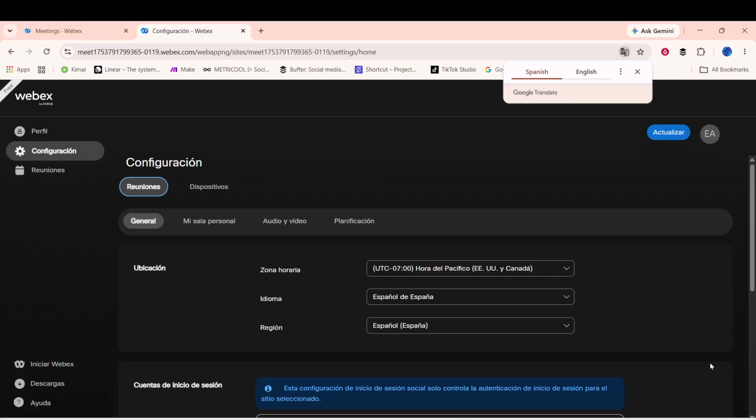If the settings don't seem to apply right away, don't panic. Just refresh the page. If that doesn't do it, sign out of your account completely and then sign back in. I know it sounds like extra work, but it's the most reliable way to force Webex to load your new preferences. After you refresh or sign back in, take a moment to check that your language, time zone, and region